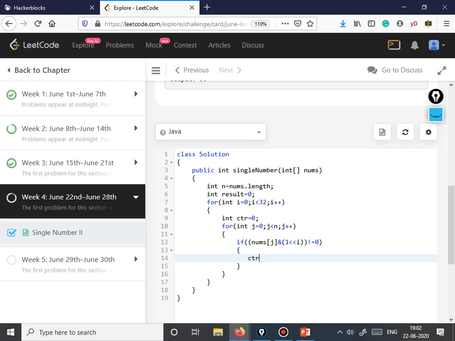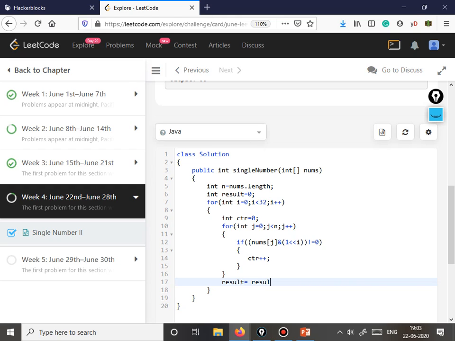So if it's set, we'll increment ctr. And now what we will do is, we will set ctr modulo 3, whatever we get by doing the modulo operation, we will set that number in the ith bit in the result.